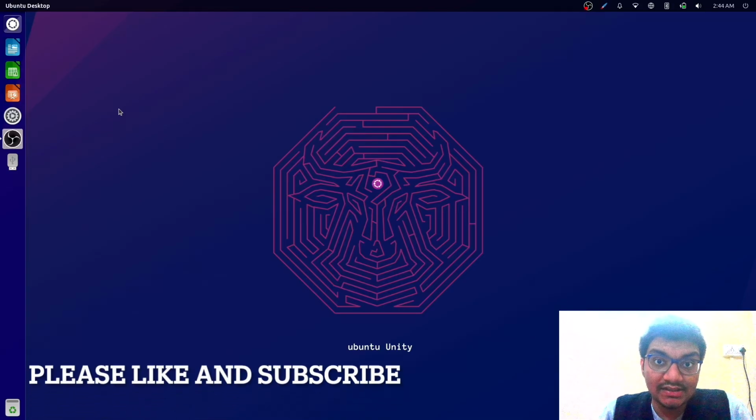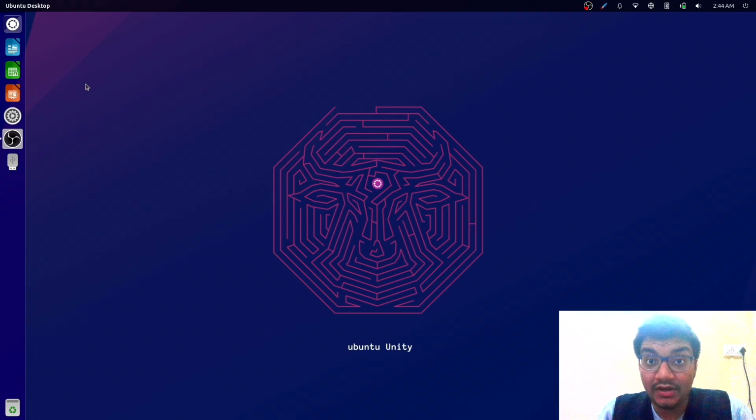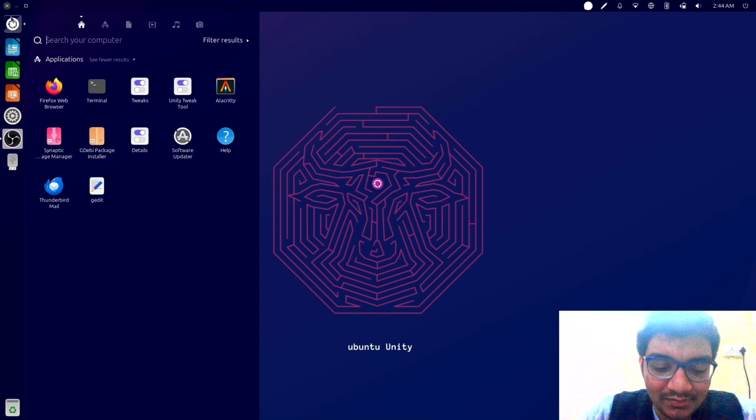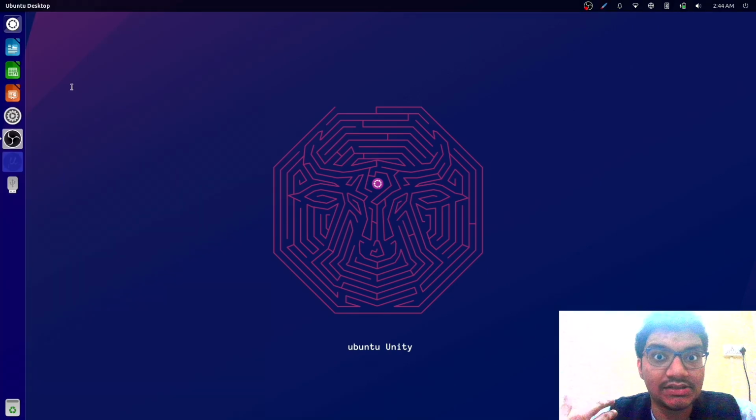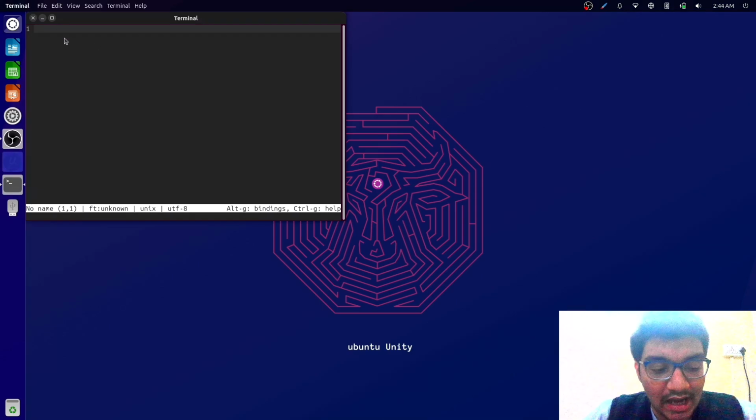Let us try coding the Tic Tac Toe game. For that, I would be using our favorite editor, Micro. So let's just open Micro, and here we have the Micro editor, which is basically a terminal-based IDE that can be